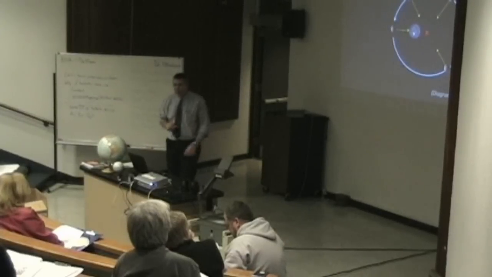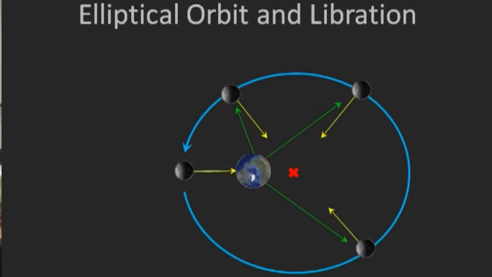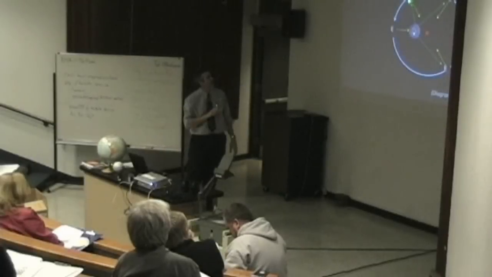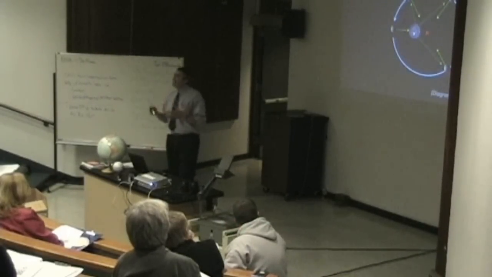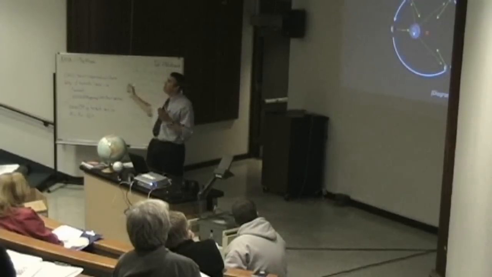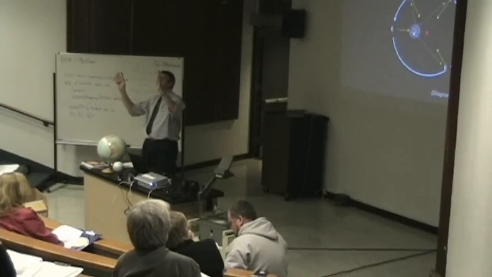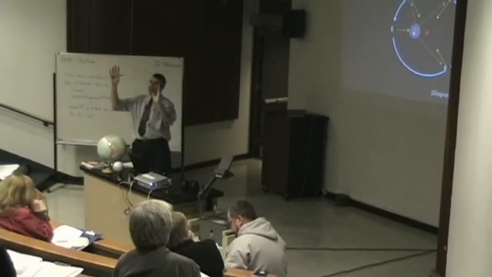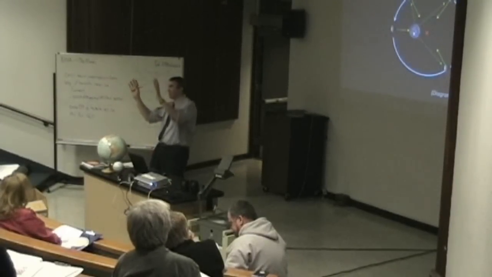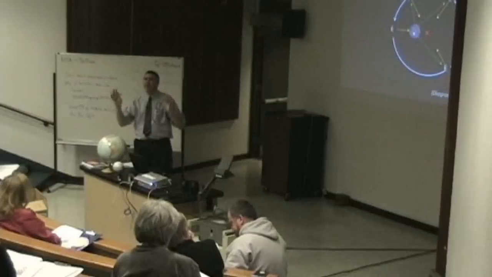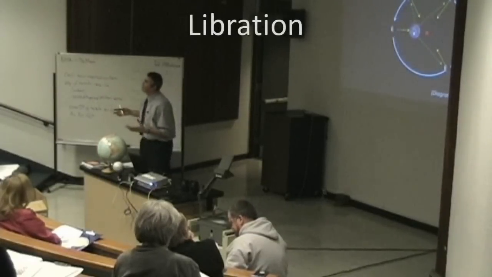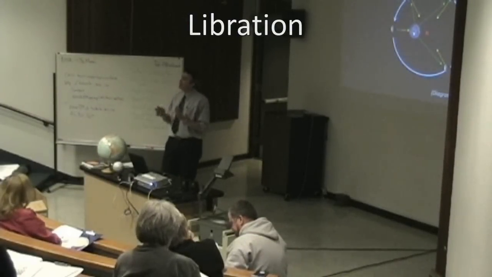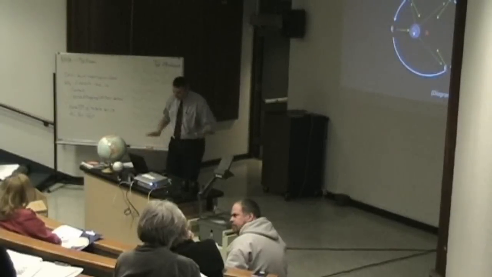In other words, when we look at the Moon, we're not looking at that midpoint. Okay, we're not looking straight on at the Moon as we would here. We're looking a little bit off to one side here and a little bit off to the other side here. So day to day, as we watch, the Moon actually wobbles a little bit. It does kind of this little rolly wobble thing, and that we refer to as libration. And what that means is we can actually see from Earth, without even lifting our feet off the ground,